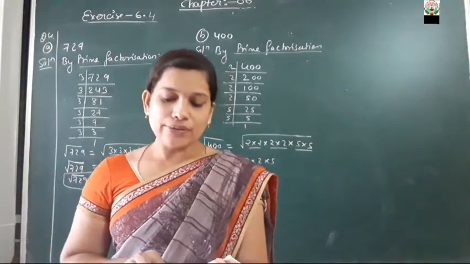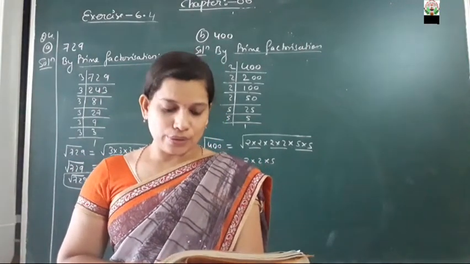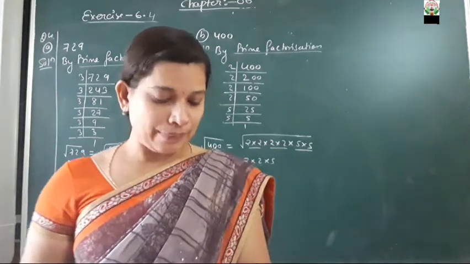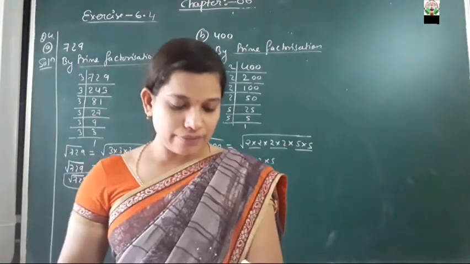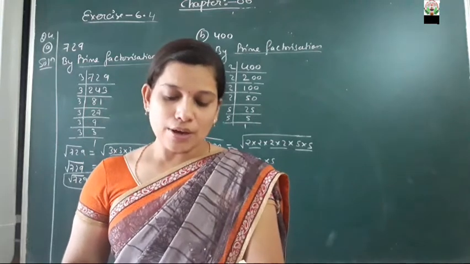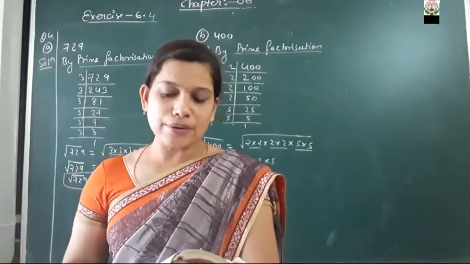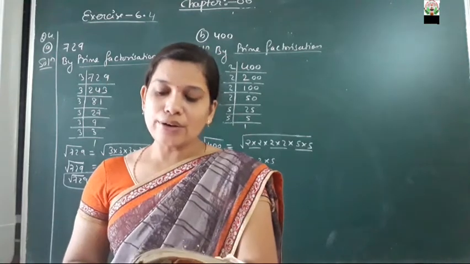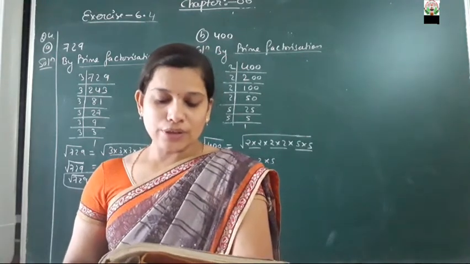In the same way, you can find the rest of the parts with your rule, because it's the prime factorization method and can be easily solved by you. Okay. Next, moving to question number 5: for each of the following numbers, find the smallest whole number by which it should be multiplied so as to get a perfect square number, and also find the square root of the number so obtained.